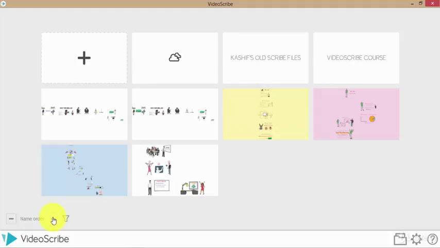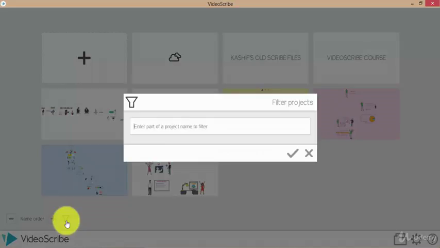If you want to see contents of a particular folder, you can click on that folder and all of its contents will show up. There is also a filter projects option. I click that. So let's say I'm looking for the scribe files containing the word project. So in this window, I type the keyword project,